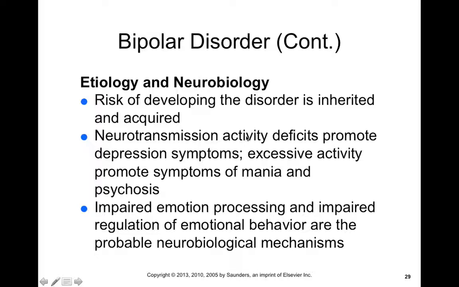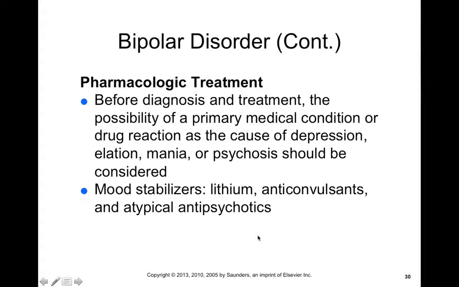So we find that it's a sort of a dysregulation of neurotransmission, where we have basically altering states of hypoactivity and hyperactivity, and that correlates with changes in someone's personality and mood. Now, we see impaired emotional processing and impaired regulation of emotional behavior, and these are probably neurobiologically related. Pharmacologically, what we can do is treat with antidepressants, and these can help improve their major depression